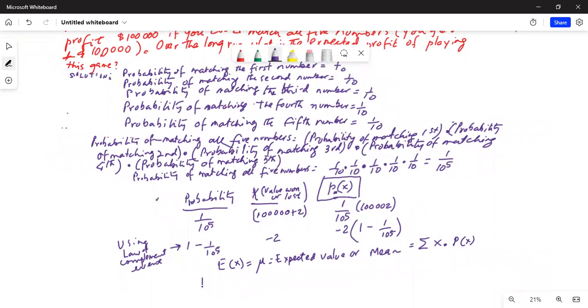the expected value will be 1 over 10 to the power of 5 times 100,002, because you got the $2 back for playing the game. So that is the value times the probability, which is 1 divided by 10 to the power of 5. And the next one will be negative, minus 2 times 1 minus 10 to the power of 5. Okay, so this is equal to